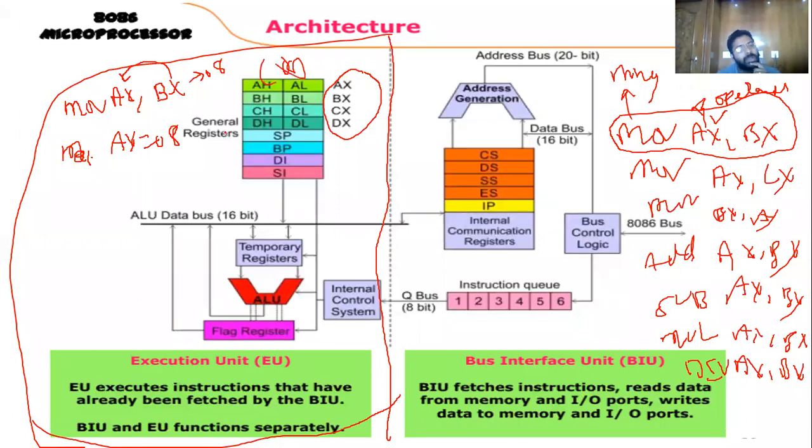Whenever you write a program like this, in most cases you must use these registers, as I said in the first class itself. The entire programming structure, the size of the program and the size of the data depend on these general purpose registers. AX, BX, and so on, you can call the operands. The operands are nothing but these registers.